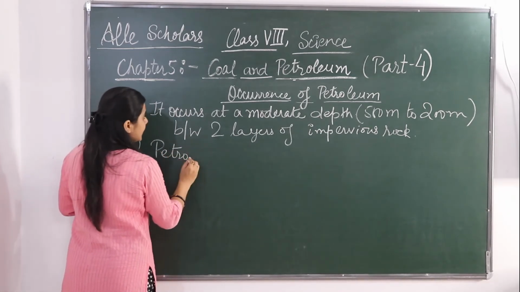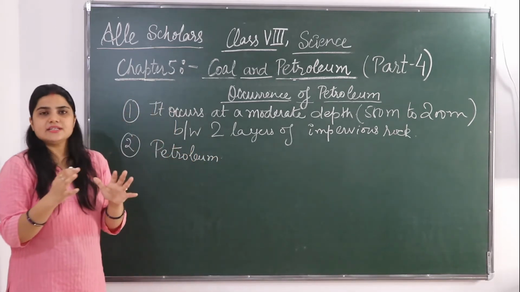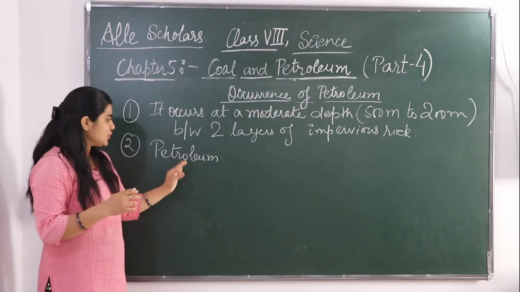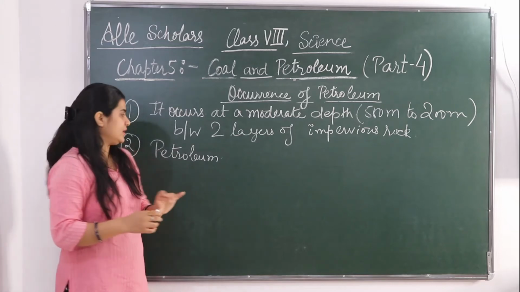Petroleum is lighter than water means कि जो डेंसिटी है पेट्रोलियम की वो वाटर की डेंसिटी से कम होती है. सो चूंकि पेट्रोलियम की डेंसिटी वाटर की डेंसिटी से कम है तो पेट्रोलियम फ्लोट करेगा वाटर पे.